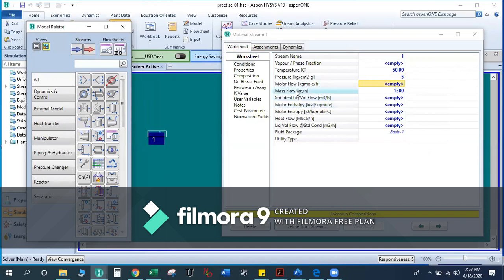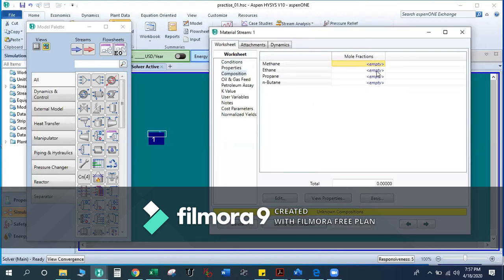Now you have introduced the mass flow rate, the pressure and the temperature of that stream. What is remaining is the unknown composition. The message will pop up saying that the unknown parameter to define this particular stream is composition. Go to the composition tab and enter the composition. If you enter a value over here, it will open a new window where you can edit.